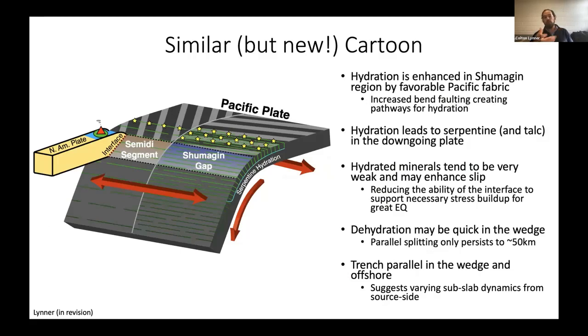So you always have to have your own cartoon. So it's similar, but new, exclamation point, for what I think is going on here, how we can explain those shear wave splitting observations. We can explain them with a change in hydration between the Shumagin gap and the Semidi